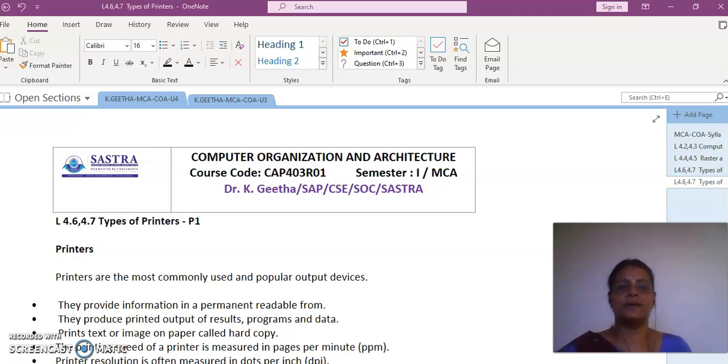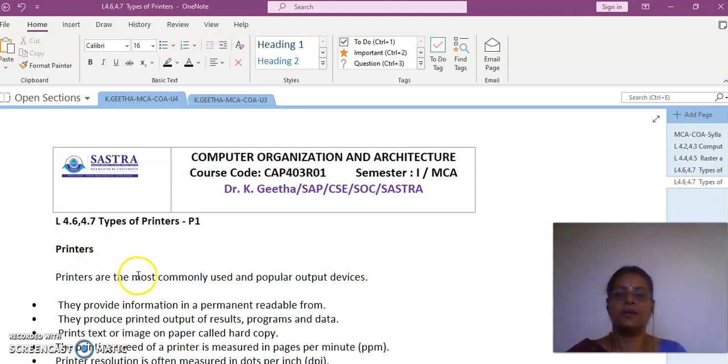So I think in this unit we have discussed the input devices, the CRT cathode ray tube, the functionality of the CRT, and then we also discussed the scanning procedures, where we discussed two methods: raster scan method and random scan method. As a continuation of this portion in the last unit, we are just now going to see about the printers. Printers, we all know, are going to be one of the important output devices apart from the visual display unit which we discussed in the previous session.